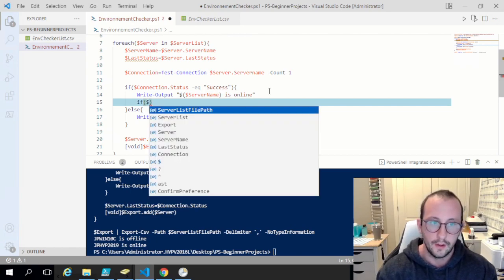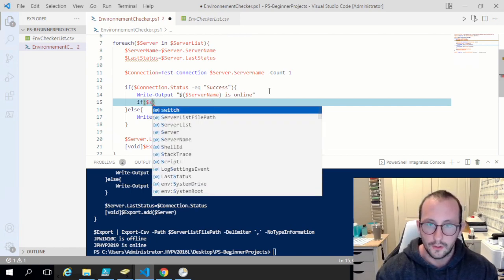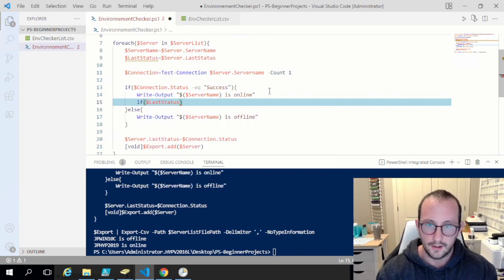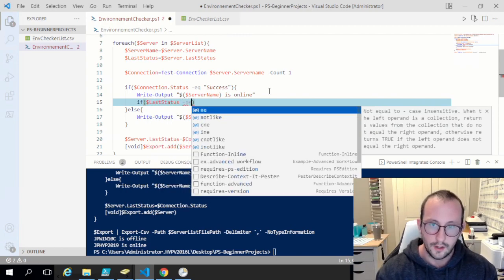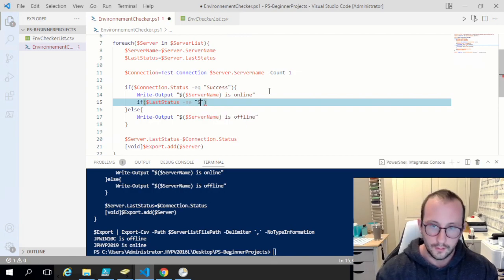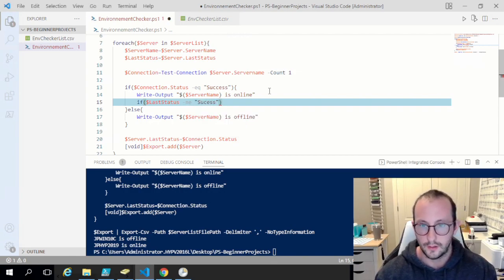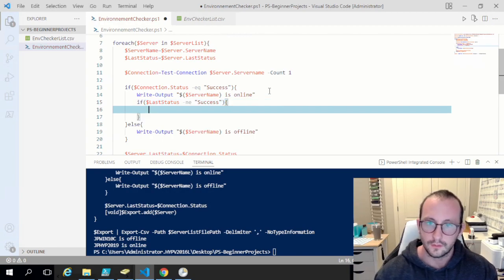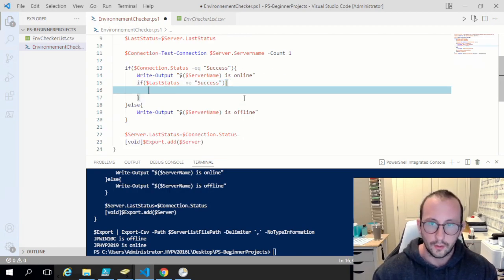So if the last status is not equal to success, then we are going to put in